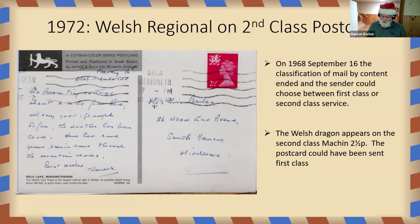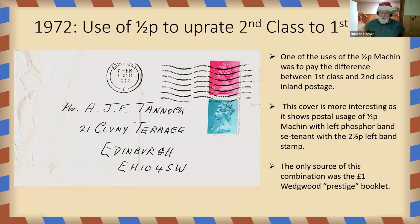Second class postage. Yes, usages of the halfpenny stamp. The second class rate was 2.5 pence. The first class rate was 3 pence. This is a Setenant pair. If you can look at it closely and you know it's there, you can see the phosphor band here on the left. You can also see a bit of a crease in the stamps, but this is the left band